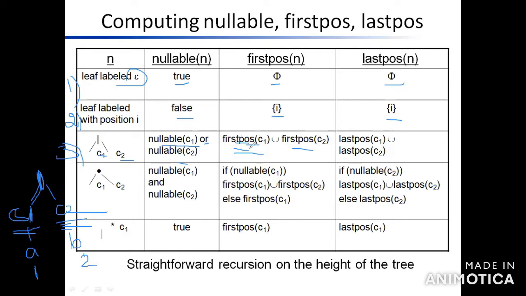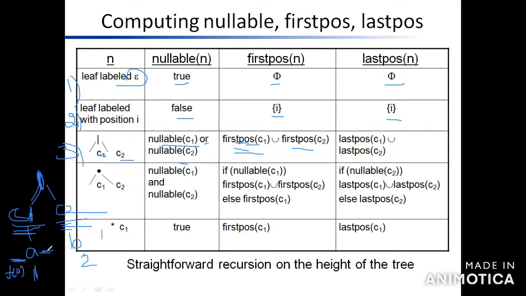What is the first position? The first position means, in A, the left side will indicate the first position. The right side will indicate the last position. Now it's clear. So in the root node, left is C1, right is C2. In C1, I am indicating one alphabet symbol, that is A. After creating the syntax tree, I give the alphabet symbol. After that, I give the numbering for the symbol. That is the second consideration. What is the first position? What is the last position? First position means the left side will indicate the first position. So this is for C1, the first position of C1.